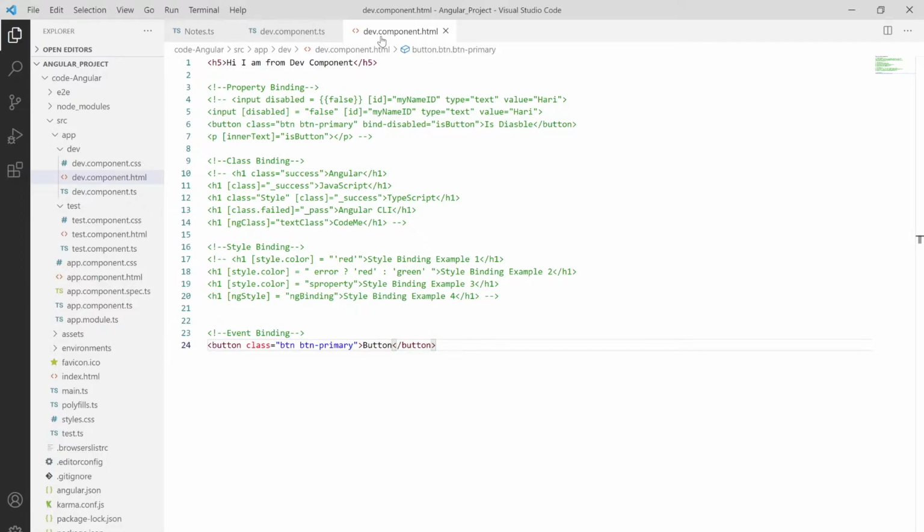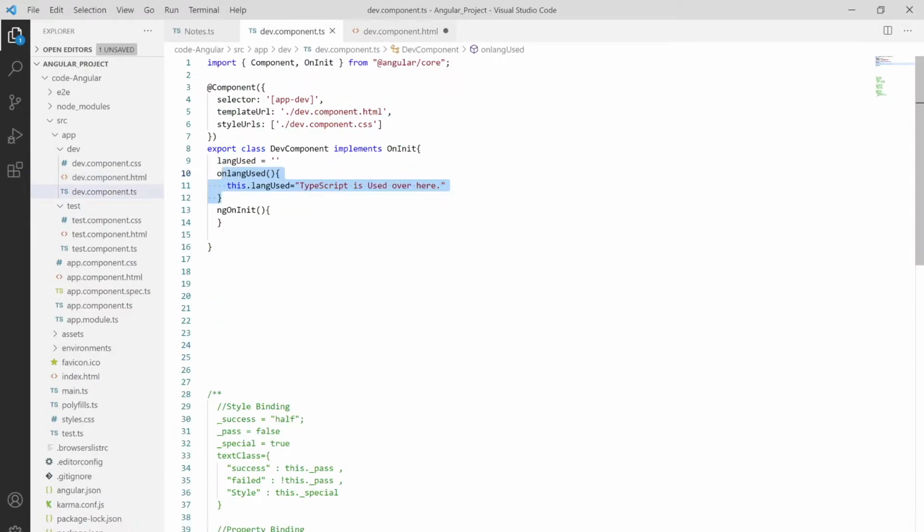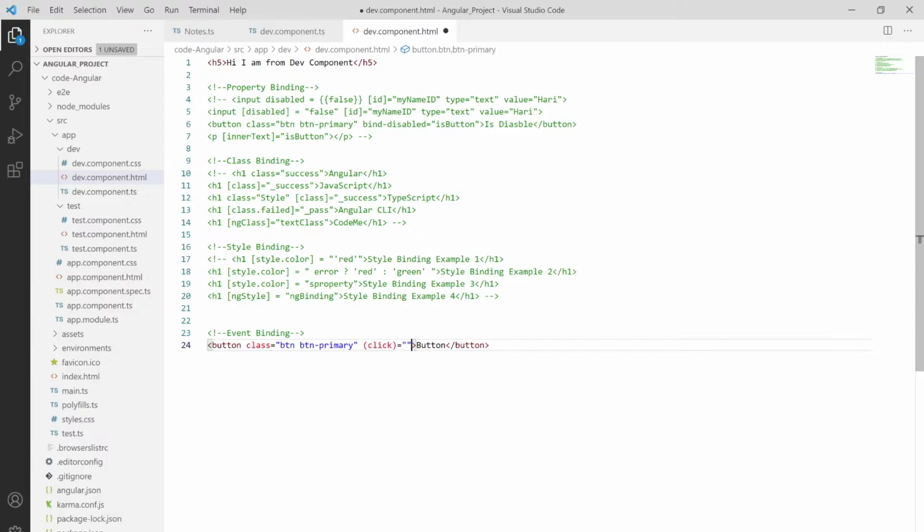So here comes the syntax, and the syntax is really simple. On which event, say I want the click event, and I'm assigning it to whatever I want to use, say the langUse method, and then assigning to its event.